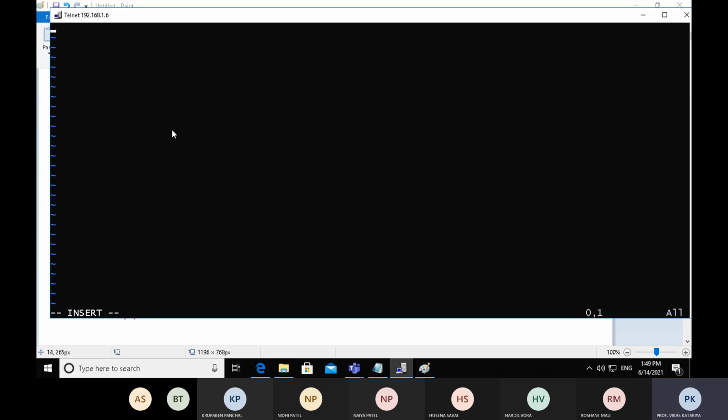As soon as you press I, you will be redirected from command mode to insert mode, and you are eligible to type in this file.